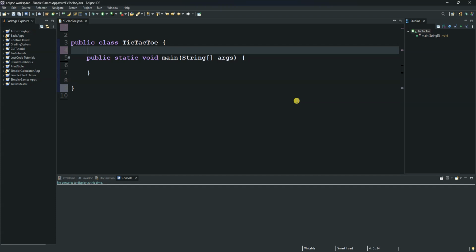Today we are going to create a simple two-player game of Tic Tac Toe in Java. Let us begin. So the first thing you do is get this scanner from